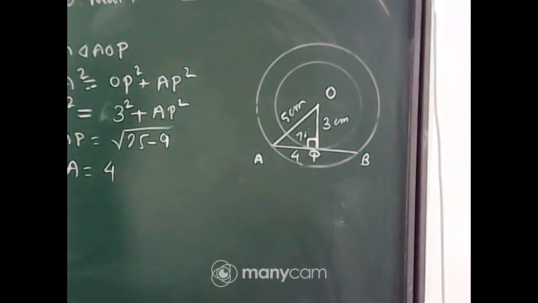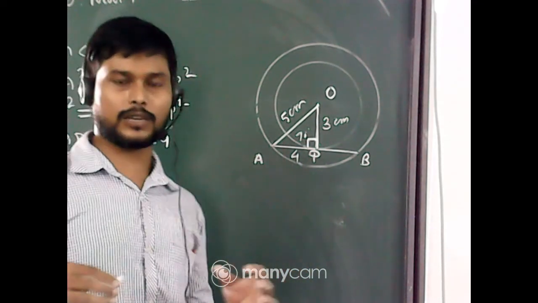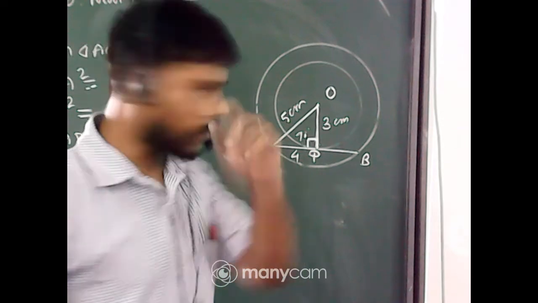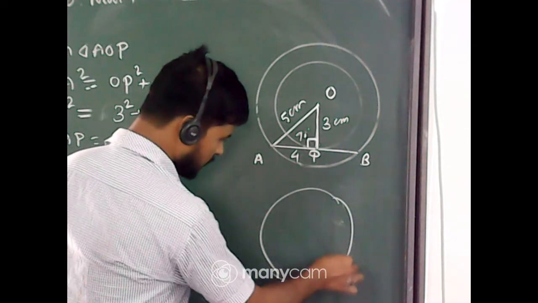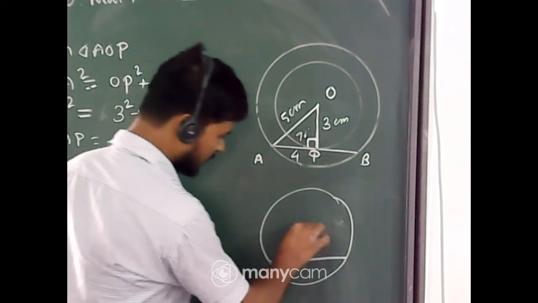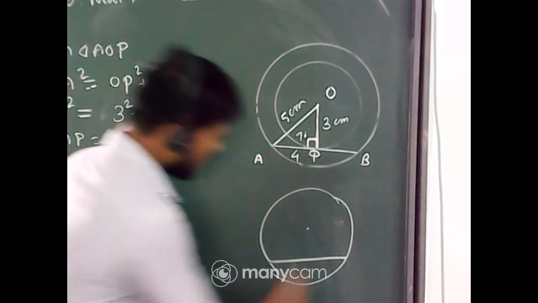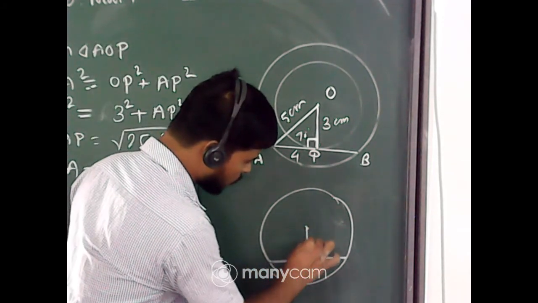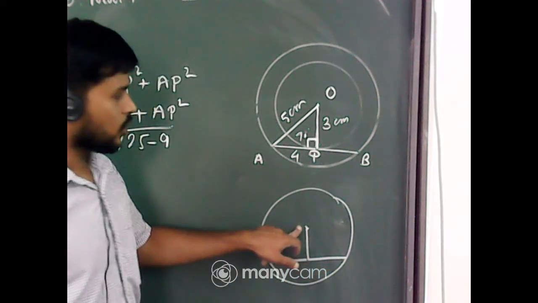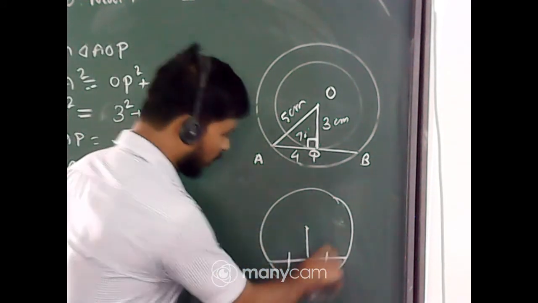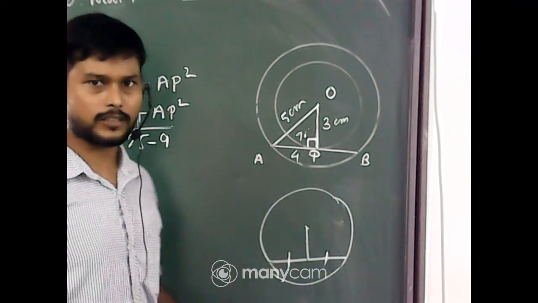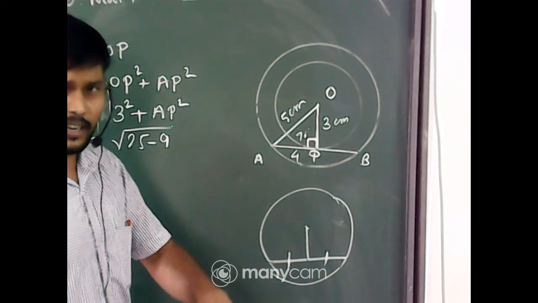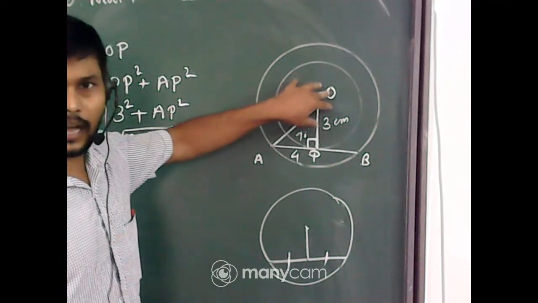Okay, now look, in the previous class, when we were in class 9, we learned a theorem. What is that? Let this be a chord and this be the center of the circle. If I draw a line perpendicular to the chord from the center, this line bisects the chord, meaning this length and this length will be equal to each other. Now apply this concept in this problem.